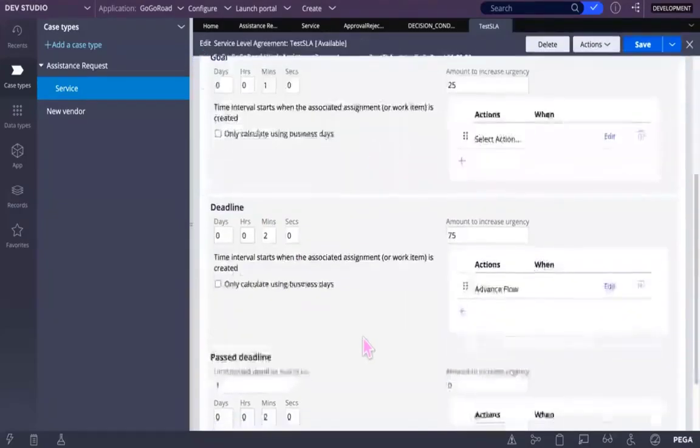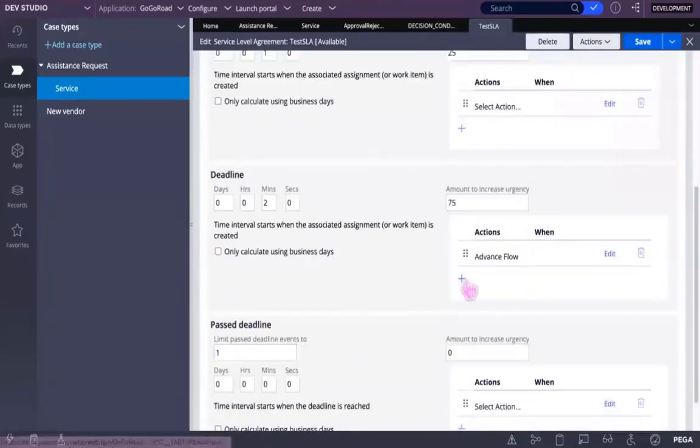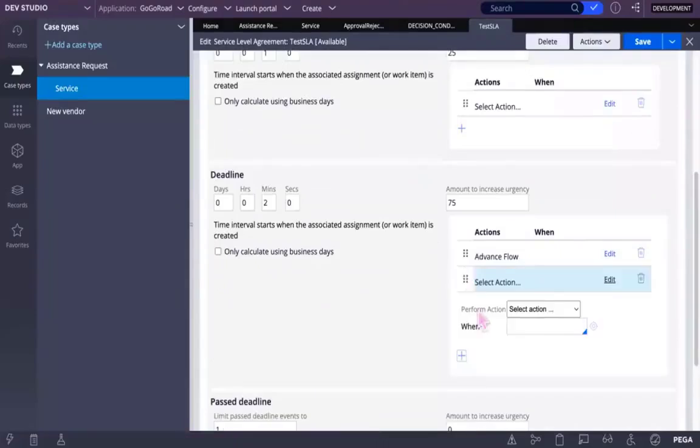Come down into the deadline. Yeah, still now you select an action, you drag it to the top. There are some 6 dots, right? You hover your mouse there and drag it to the top, before advancing the flow.